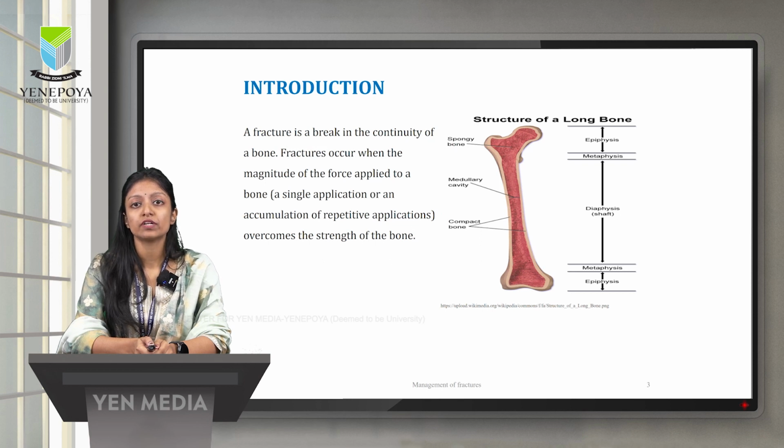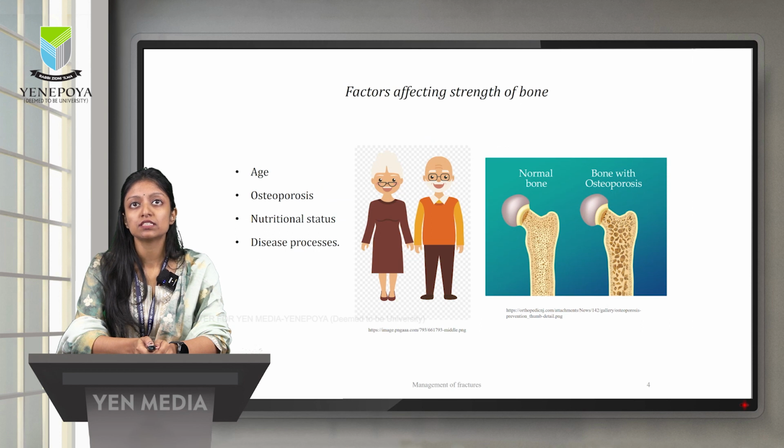As we all know, fracture is nothing but a discontinuity in the bone, which occurs when a huge force is applied to the bone or even due to disease conditions like osteoporosis. These are some of the common factors that affect the strength of the bone and make them prone to fracture. The first one is very obvious, that is old age. Elderly people have a loss of hormones, vitamins, calcium, which makes their body weak and their bones brittle. This weakening of bone is known as osteoporosis, due to which the bones are fragile and very prone